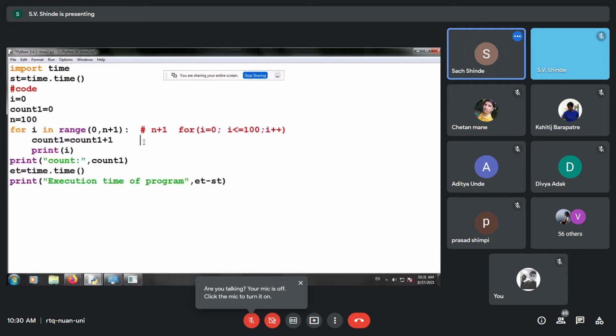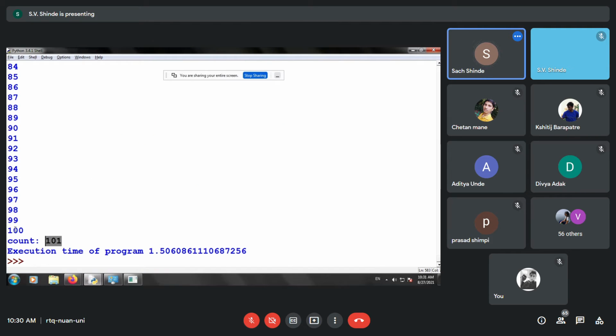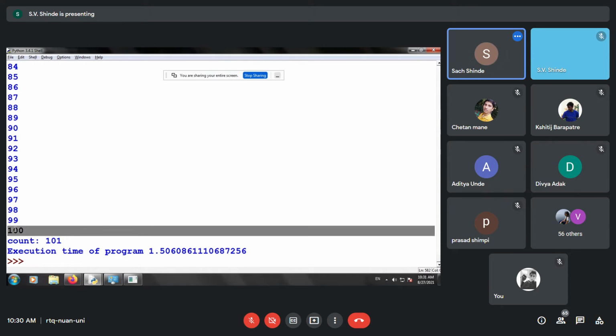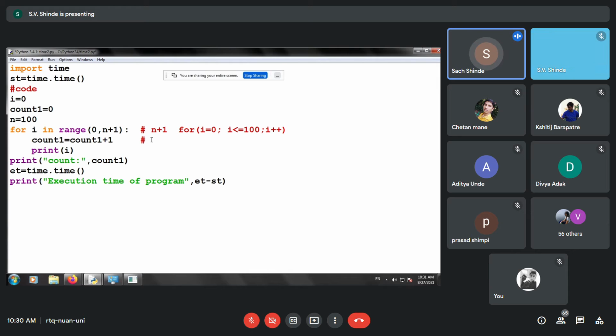Now let us see how many times the count statement was executed. So I just open the output, not run it. You can see it was printed 100 times. So can we say it is printed n number of times? Since n is equal to 100, it is printing the count 100 times, and therefore we say it is executing n number of times. So n is nothing but the frequency. So I can put it in the format of frequency of n plus 1. Again, frequency is n.